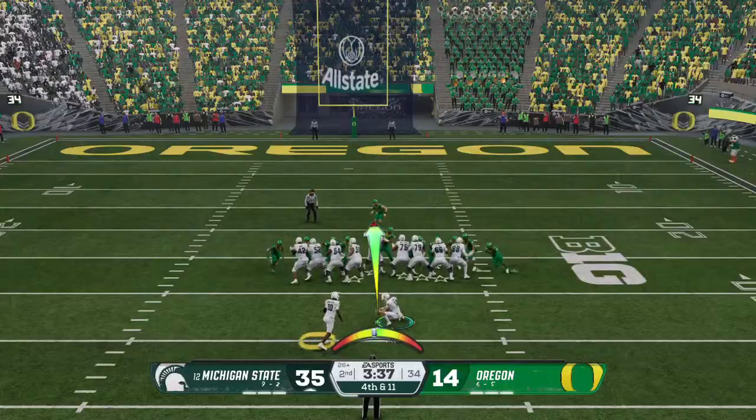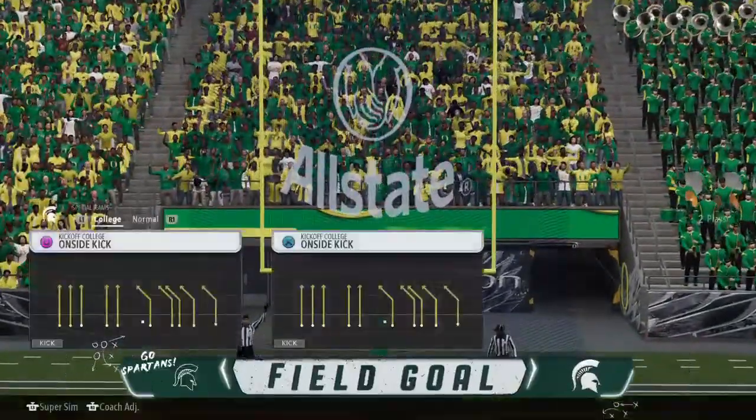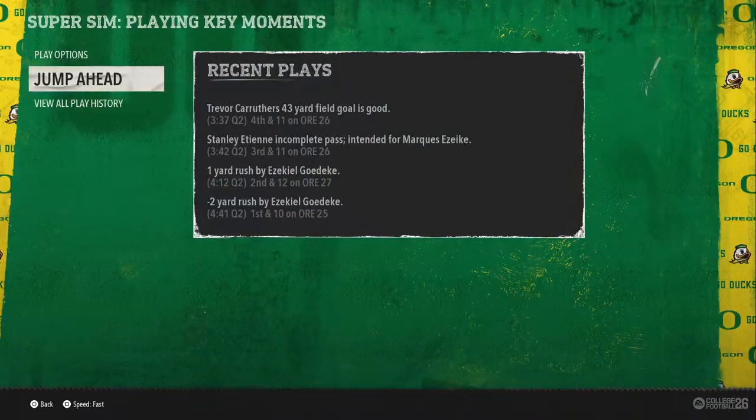They'll have to settle for a field goal attempt. And this one is perfect. And now the lead is...